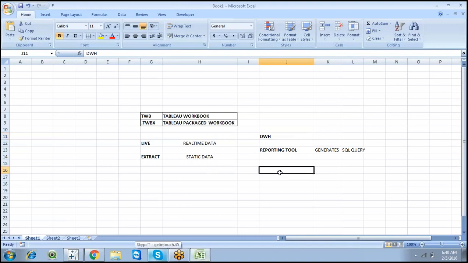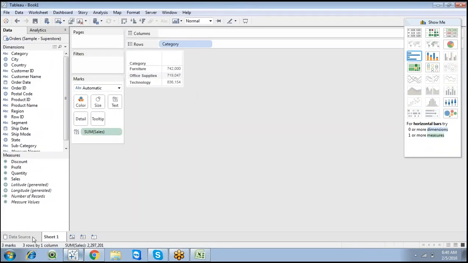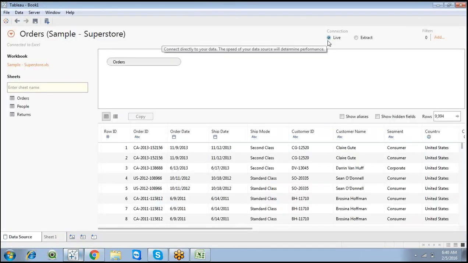But whenever we have multiple joins, multiple conditions or calculations, some of the calculations will be performed within the SQL engine, and in that case it degrades the performance. If you're working with a live connection and you have a huge number of records, no issues with that. But if we have more join conditions and calculations, it degrades the performance.